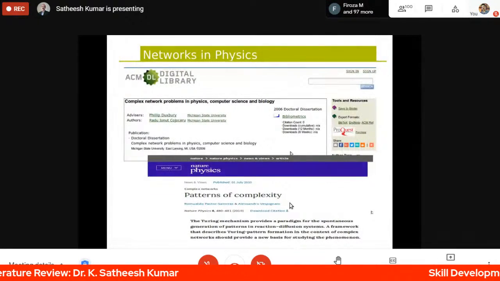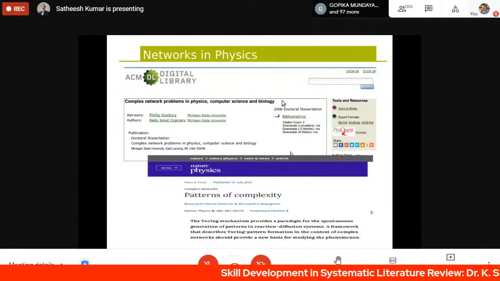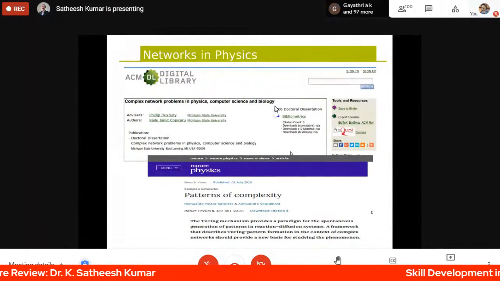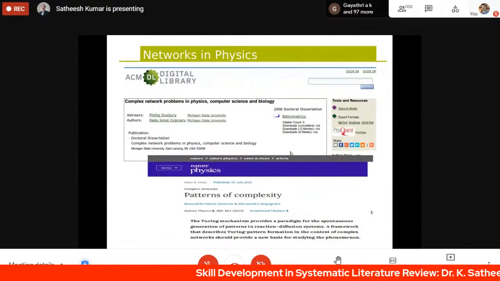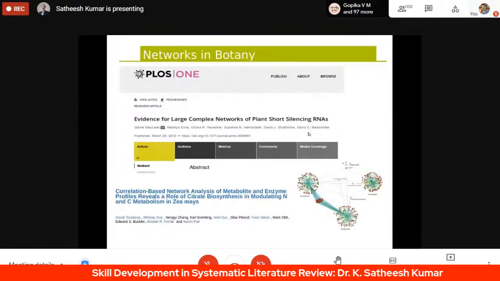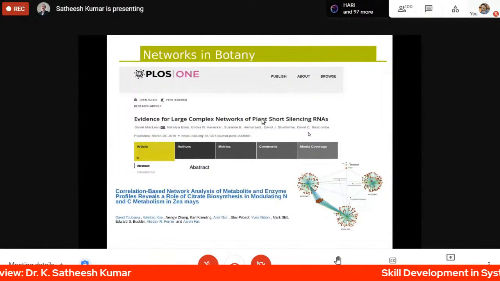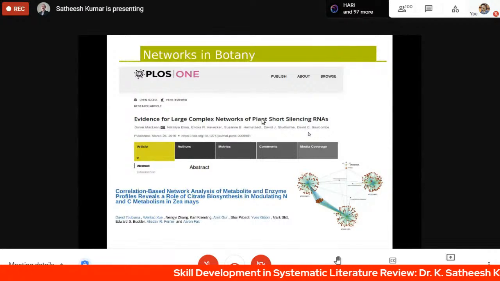And the patterns of complexity, complex network problems in physics, computer science, and biology. This is a good paper. You can see where you can apply it in biology also. Read this, complex network problems in physics, science, and biology. So what I'm trying to say is that not only citation network, there are many very different areas where we can work. I will concentrate on citation network analysis. This is evidence of large complex network in plant short silencing RNAs. See, this is from your area, this is a particular paper, like plant short silencing